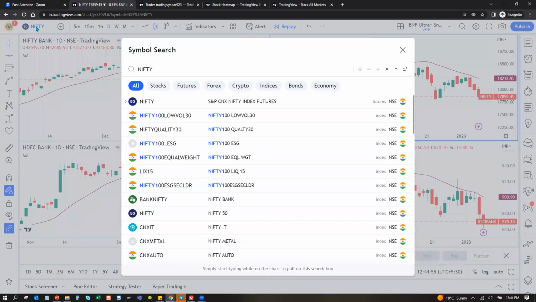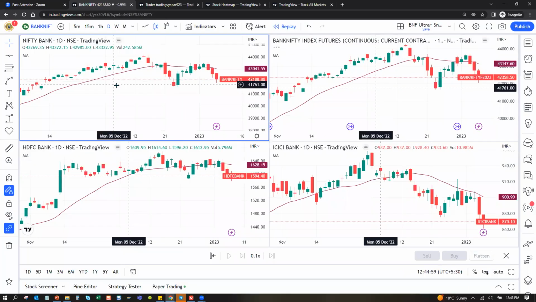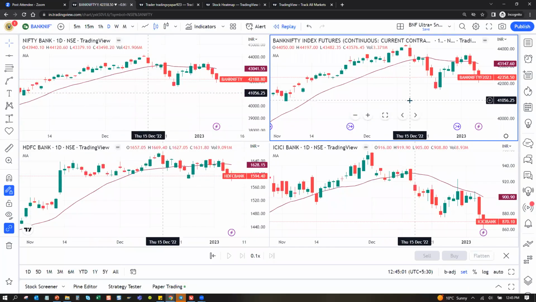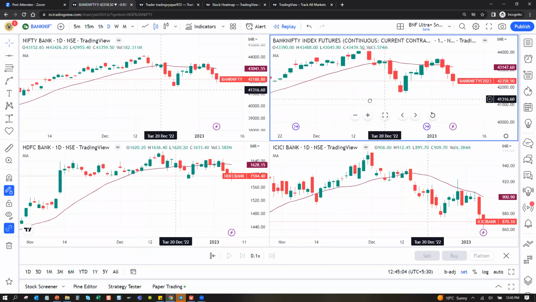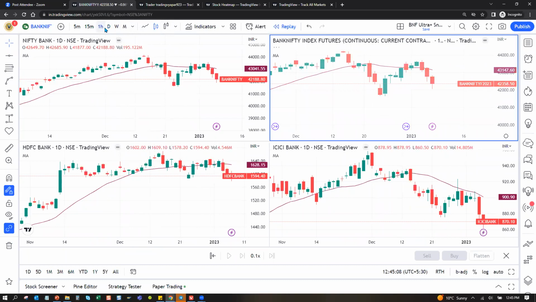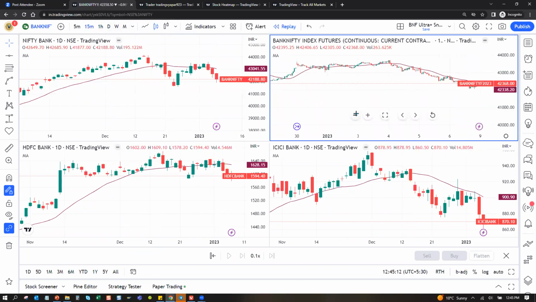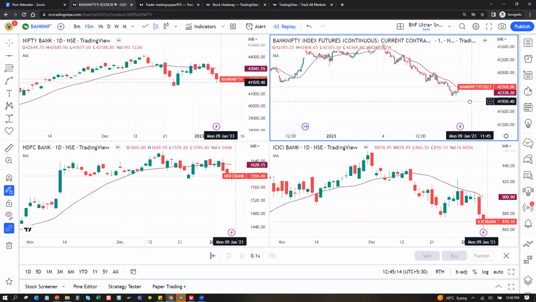Say, for example, if I understood your question correctly, sir, this is spot on the left, this is futures on the right. Now, your question is ki, let's say this is I am checking on daily, but futures I am checking on 1 hour. Okay. Correct. Or let's say 15 minutes. So now your question is कि कोई लेबल आ जाए, right?